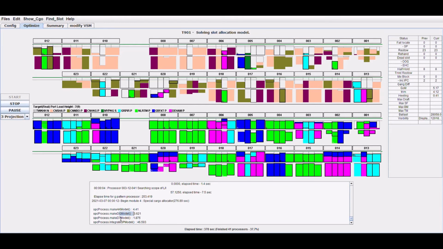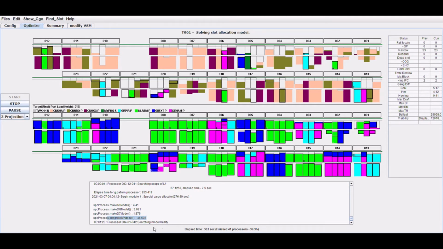Now OOG model, DG model, 45 feet model, and general cargo model have been created for the slot allocation process. The current process is to verify that the individual cargo models have been properly made without errors. And this process creates possible combinations of container and slot pair, namely candidate loading instruction, for all booking containers and